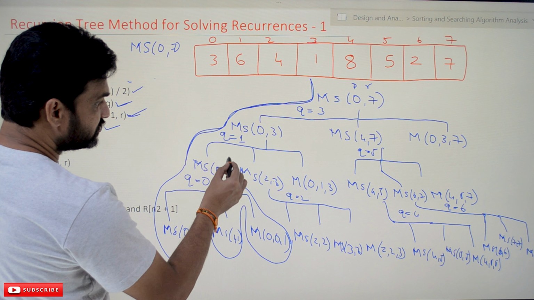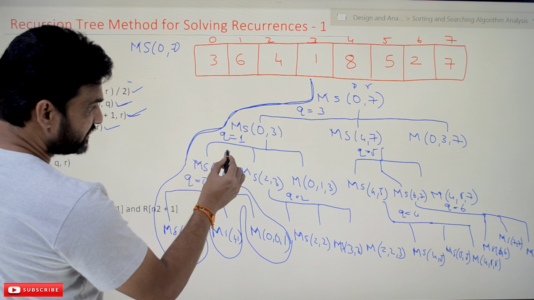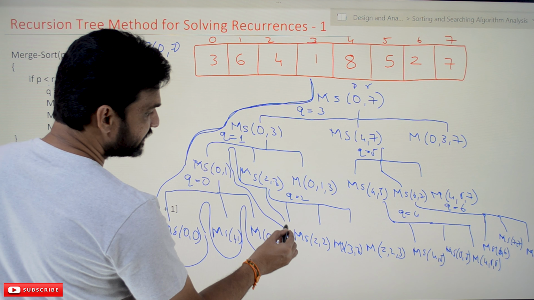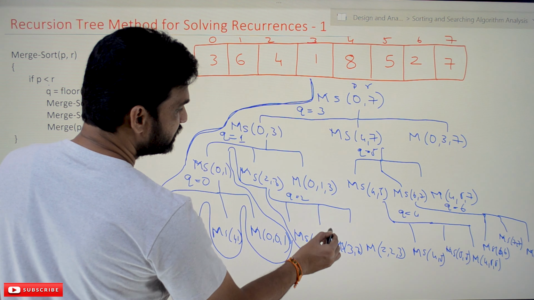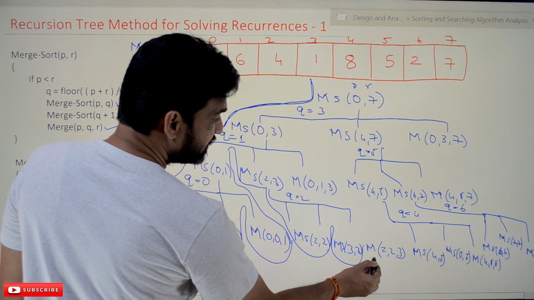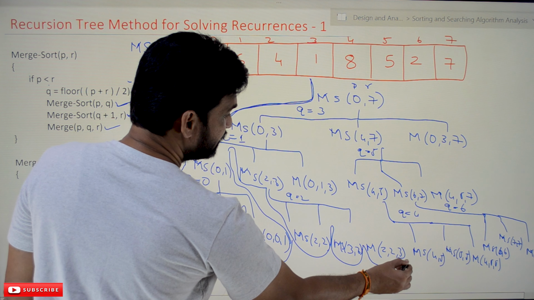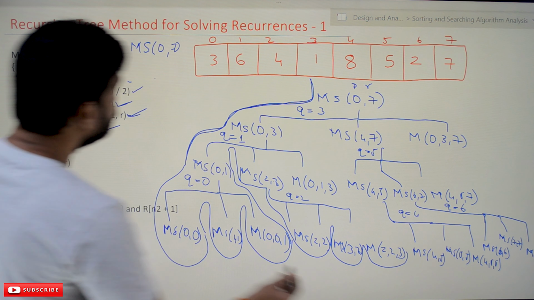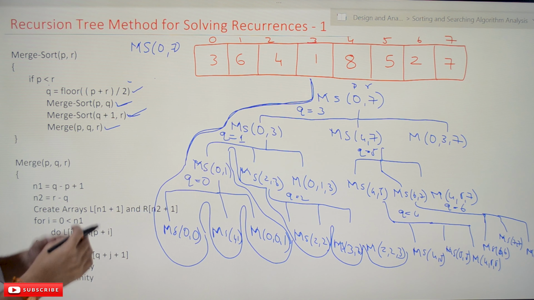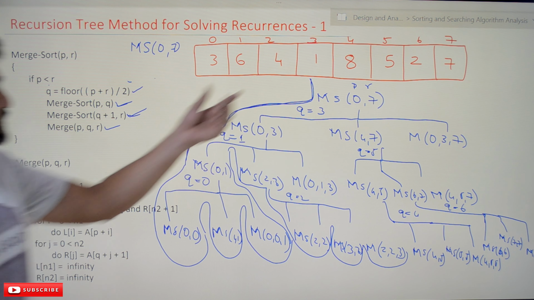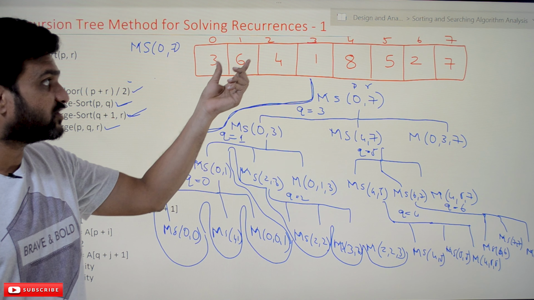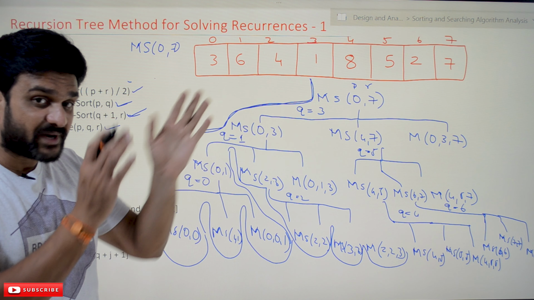So this one will get executed, the execution of this is completed, and next ms of 2 comma 3 is called, and next ms of 2 comma 2 is called, and after that ms of 3 comma 3 is called, and ms of 2 comma 3 will be called. So this is where 2 and 3 elements will get sorted. So 1 will come here and 4 will go there. So in the process of sorting, this subarray will get sorted first. This one is sorted already, and next is the subarray that will get sorted.